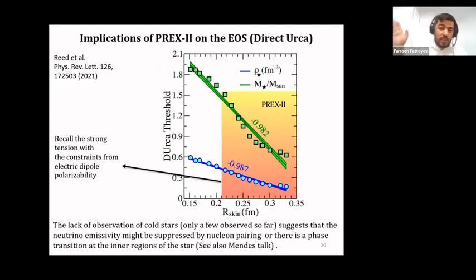So it's very difficult to convert protons to neutrons, and therefore the neutron star will be less neutron-rich, so it will have a large proton fraction. But a large proton fraction allows the neutron star to cool down in what we call a direct Urca process. So the direct Urca process is a process in which